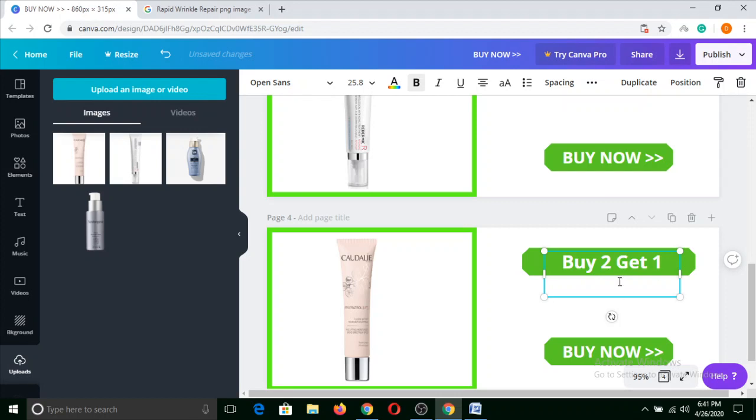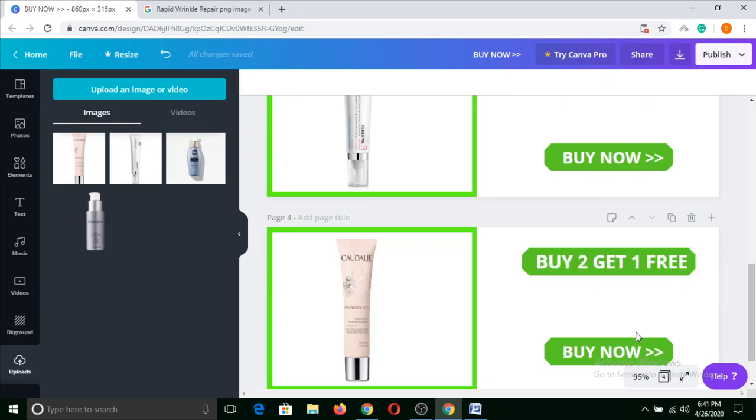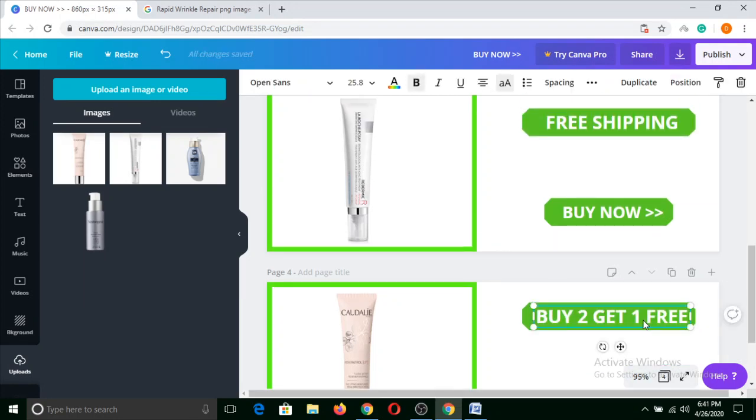If this type of thing happens when you are writing, you simply drag it a little bit and it would fit. If you want to make it capital, just select all and click here. So it is also fine now.